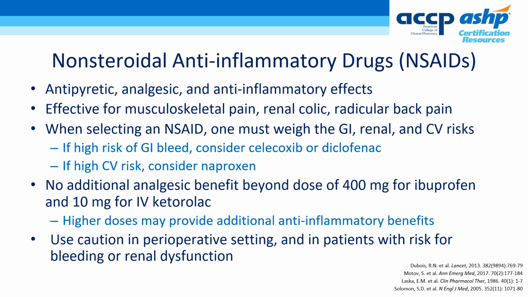Nonsteroidal anti-inflammatory drugs reduce the levels of prostaglandins in the central and peripheral nervous system, relieving pain, swelling, and redness. They are effective for musculoskeletal pain, renal colic, and back pain. Traditional NSAIDs block prostaglandin synthesis via non-selective inhibition of COX-1 and COX-2 isoenzymes. These agents include aspirin, ibuprofen, naproxen, and ketorolac. As COX-1 is responsible for maintaining gastrointestinal mucosa, regulating renal blood flow, and platelet aggregation, side effects of the non-selective NSAIDs include nausea and vomiting, gastric ulceration, bleeding, and kidney injury.